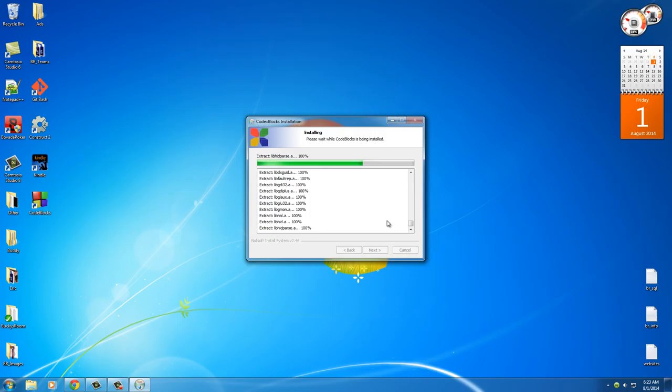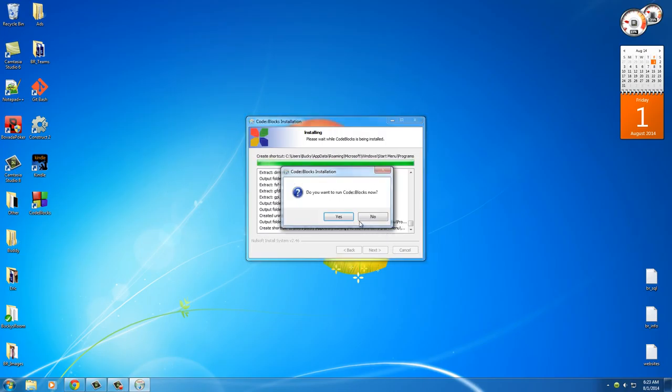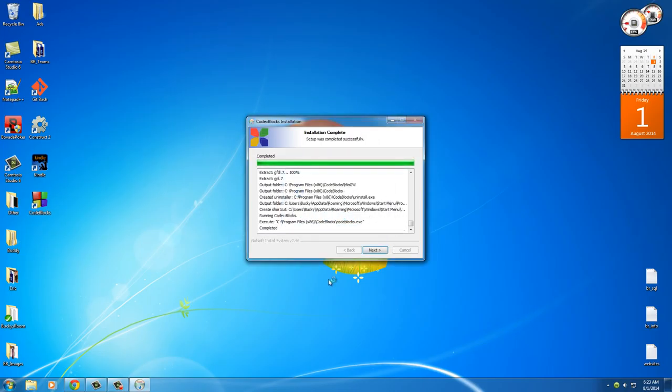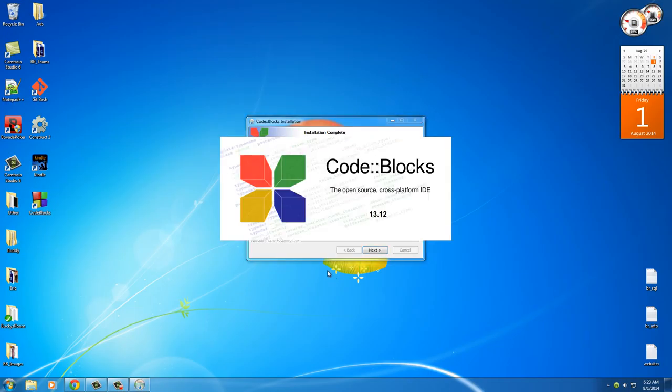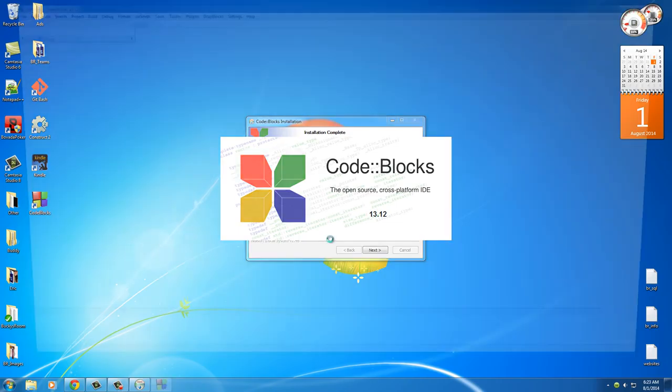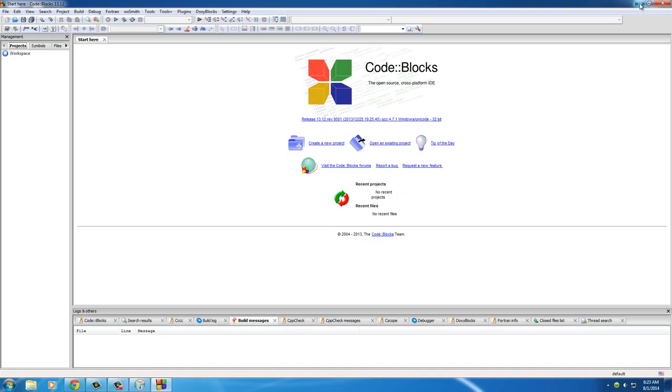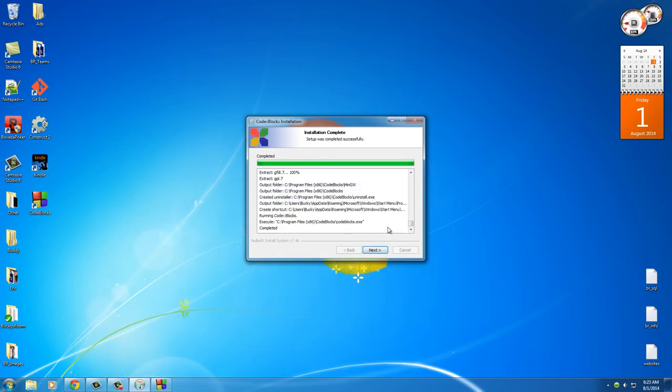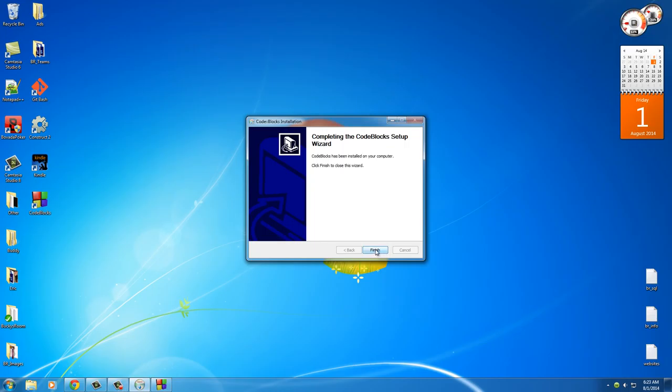Alright, so this bad boy's installing, and once it's ready, it actually puts an icon on your desktop, which is actually really handy by default. Yes, I do. So this bad boy opens up, and it might take a while to boot up if you're starting it for the first time. And the first thing I actually want to do is minimize that, and well, I can click next, finish out of that,